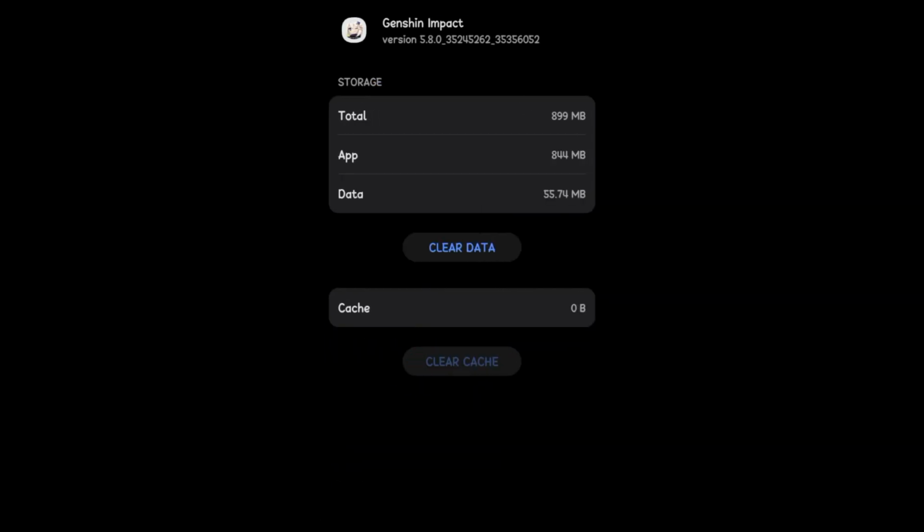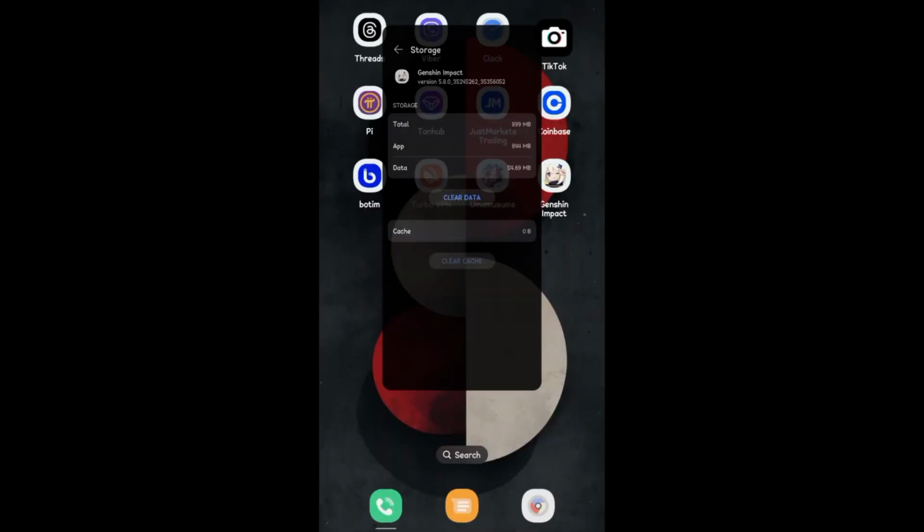Delete and reinstall the application if needed. So the very last thing to do here to fix this is to uninstall Genshin Impact and then reinstall it again. So I do hope by doing this, it will